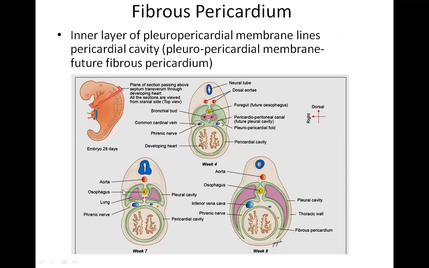Over here you can have a better look at what I was trying to tell. This is a cut section on the cranial part of the embryo. Over here you will see this is the developing heart, this is the developing pericardial cavity, right? This is the developing bronchial bud, that is the lung bud. It is invaginating into these pleuropericardial canals. Okay, so now the two folds have appeared.